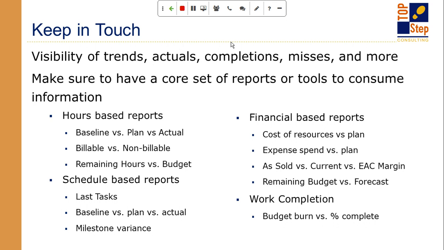So having a late task report, so that you could look really healthy on hours and find out you're missing all your deadlines. And to me that says I'm actually going to go over budget, because if I'm good on budget but I haven't delivered the work in that ratio correctly, then I'm going to have to invest more time to catch up. Okay. There's also a baseline versus plan versus actual schedule.